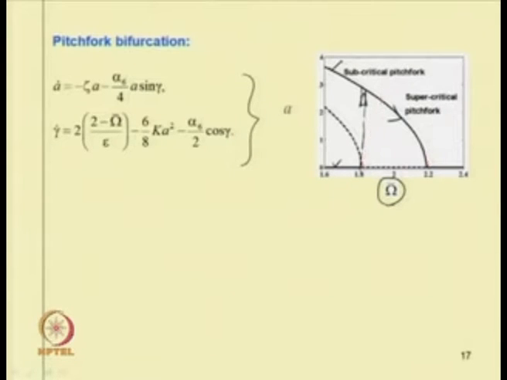So, now by sweeping down the frequency from 2.4, we have the trivial state, at 2.2 it becomes non-trivial, and the response continues to grow, and it will follow this non-trivial response. So, in this way we have studied the pitchfork bifurcation, where we can have a jump up, or sometimes we may have this jump-down phenomenon also, and we know about the subcritical and supercritical pitchfork bifurcation.